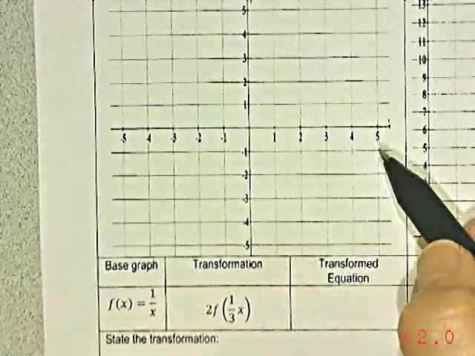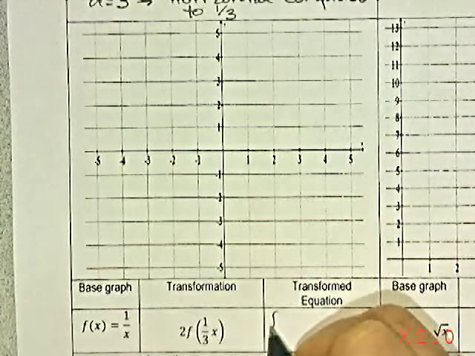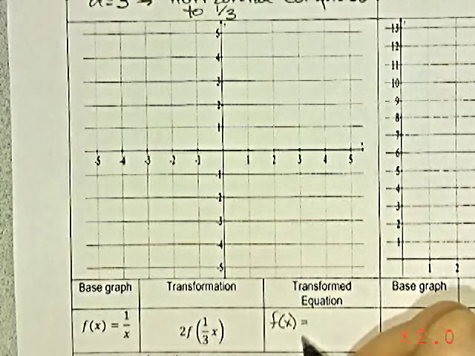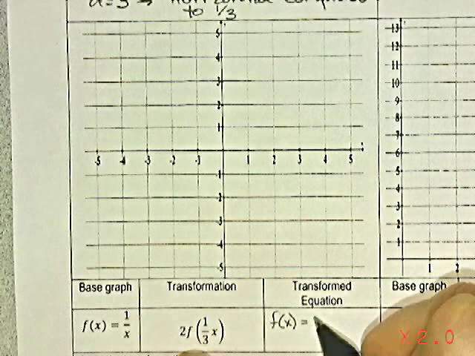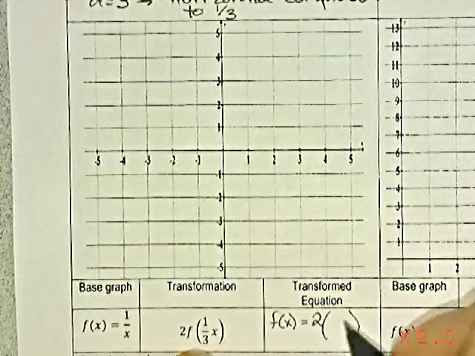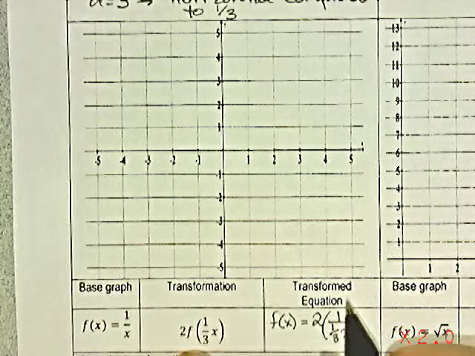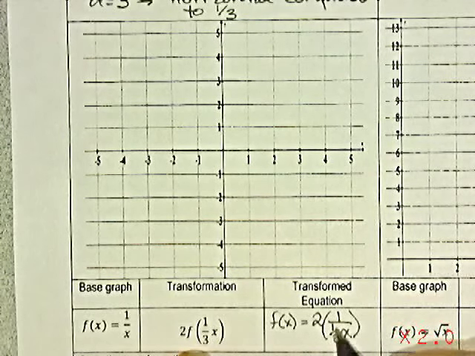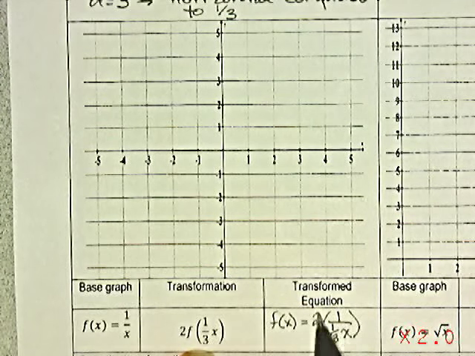Another function where I can have an a value and a d value. If I was to put these inside and take a look at where those dots go, I would be putting a 2 out in front of my rational function and a third inside. Now I certainly can simplify that. I would invert and multiply this 1/3 to be a 3 over x, and we could multiply the 2 and the 3 to get a 6 over x, and we could achieve the same transformations with a single vertical stretch